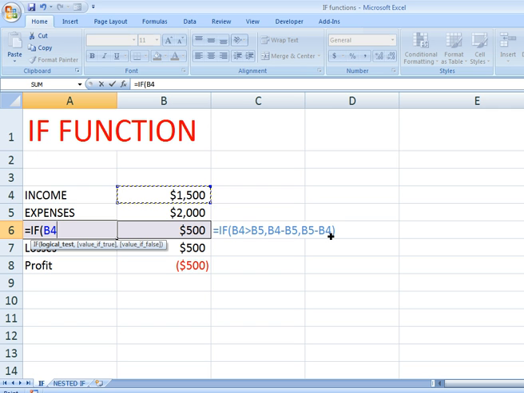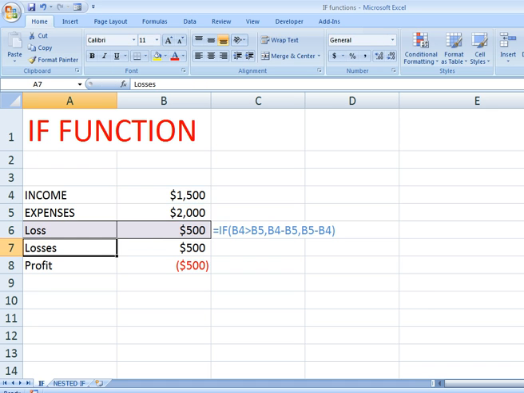If income is greater than expenses, then I want profit, or if my income is less than expenses, then I want losses. Press enter.